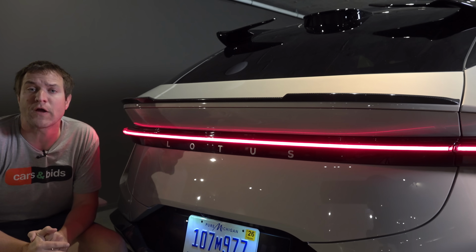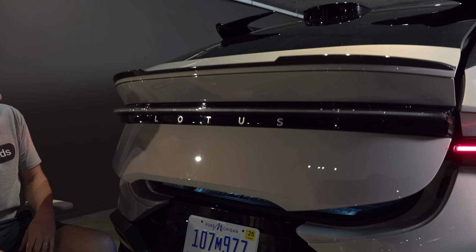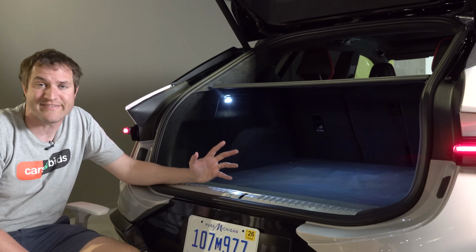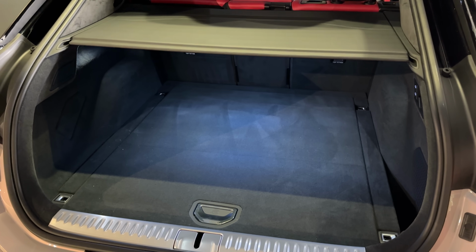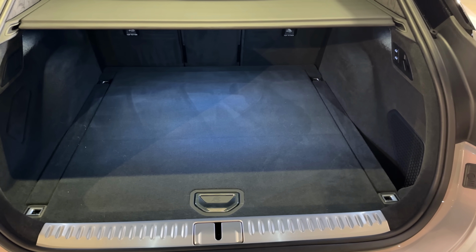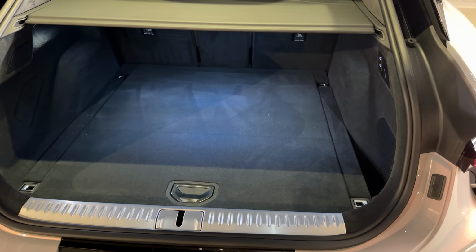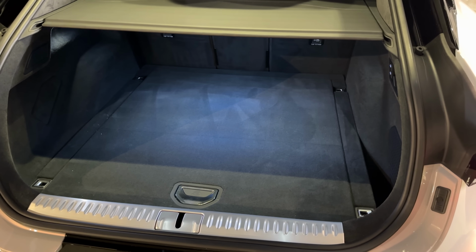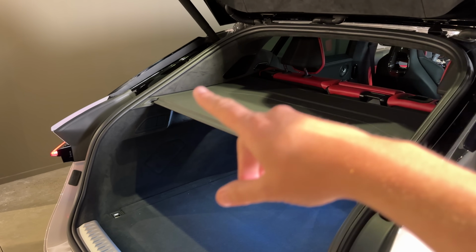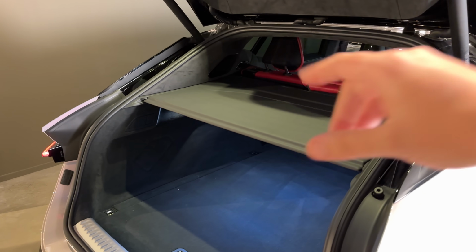And next up, we move on to the cargo area in the Eletre. You open it up. It has an automatic tailgate just like everything else. Pop it open and you discover the cargo area is actually surprisingly large in this vehicle. You got decent space in terms of width and depth of this cargo area. Again, a bit of a surprise in terms of interior volume, bigger than I expected, just like the back seat. Although you do lose some vertical height because of the sloping rear end design of this car. So if you want to put something absolutely massive back here, you might run into trouble, but generally speaking, it is a surprisingly large cargo area,